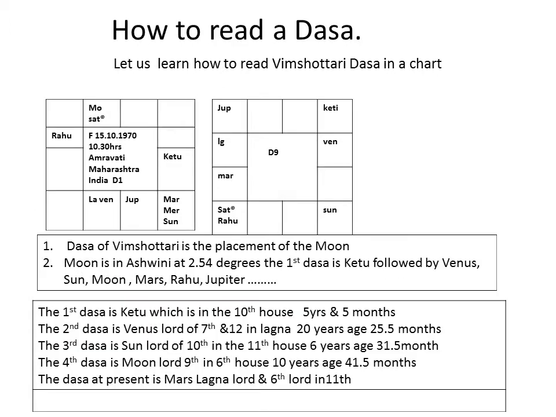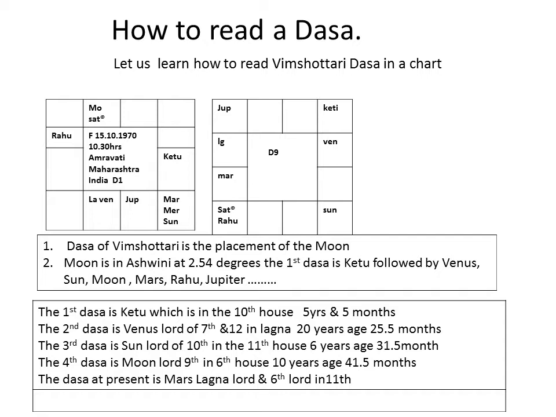slide. Now in the second slide, which is the important slide for us because we want to learn how to read the dasha, the Vimshottari Dasa is based on the Moon's placement in the chart. Here the Moon is placed in Ashwini 2 degrees 54 minutes. Therefore, the first Dasha the native will enjoy is Ketu, followed by Venus, Sun, Moon, Mars, Rahu, Jupiter, and so on. Right? Therefore, now let us try and analyze what will happen or what could have happened in the first